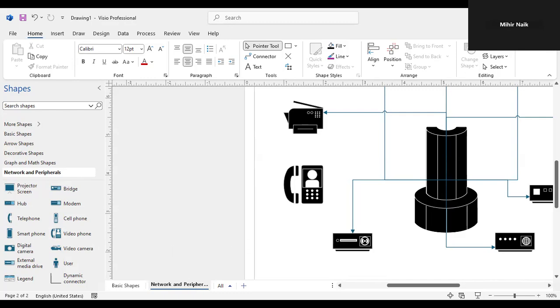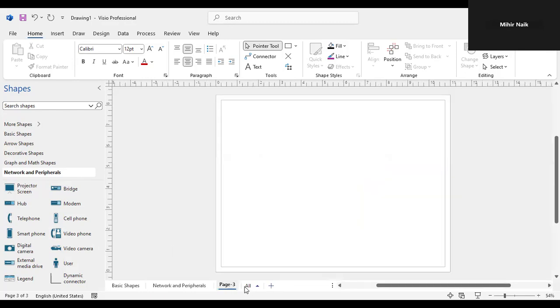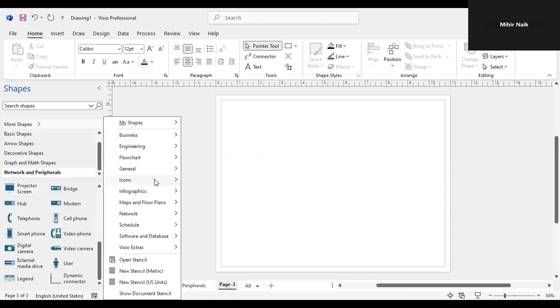You can't leave it as page 1, page 2. Rename it with specific names. Click on the plus sign. Now you have more shapes. In general, you have decorative shapes, blocks with perspective,